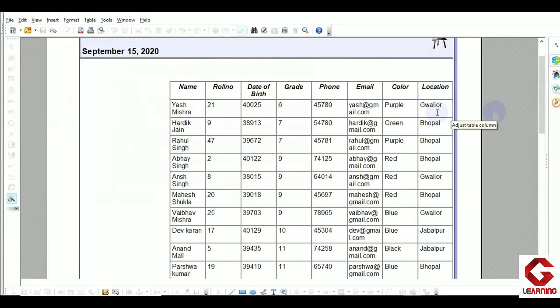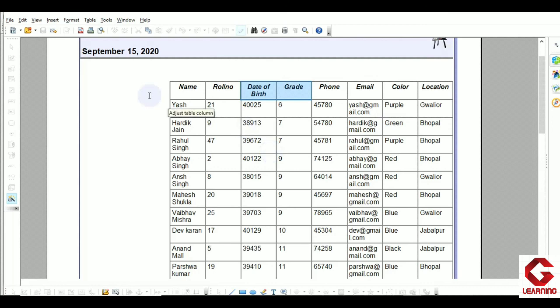Here you can see the report got ready, and we are getting all our fields, and in one step I changed field names DOB to date of birth and class to grade. So you can notice those changes, that now in place of DOB we are getting date of birth and in place of class, grade. So this is the purpose of that step. As in the beginning you saw, we use a report just to present our data in a clear format. Here we are getting our data in a more proper and clear format and in a more summarized manner. So that is the function of the report, and you have seen how we can create a report in the OpenOffice based database.